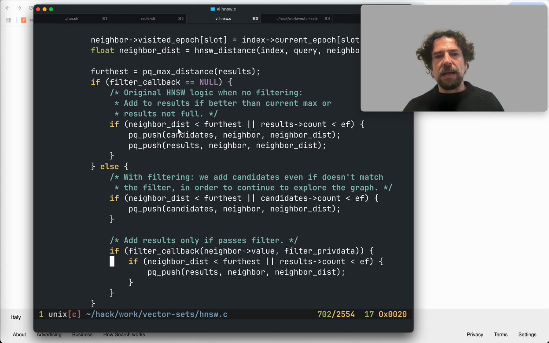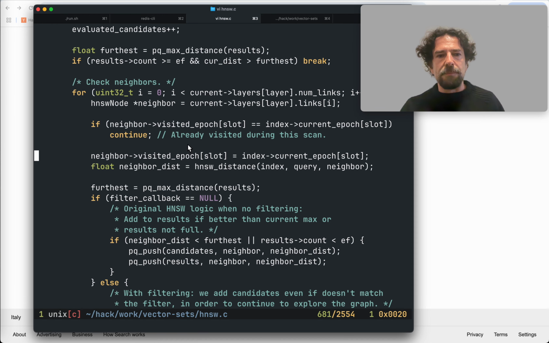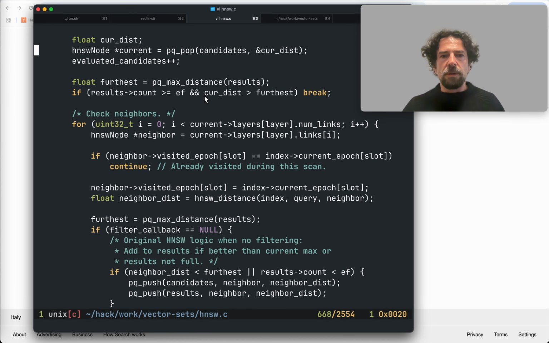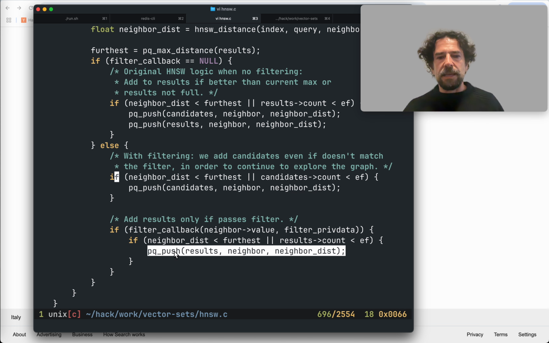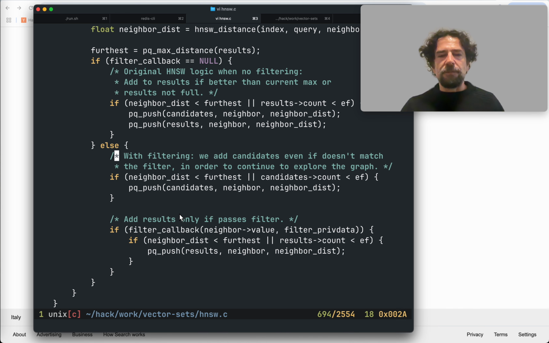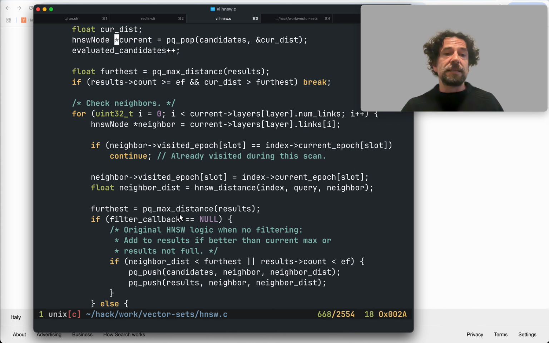So when I find a better neighbor, I put it both in the candidates and in the results. And this means that if the results are still not full, it will not ever happen that this condition is true, because I'm pushing in both sides. However, when the filter is not null, as you can see, the push conditions for the candidates and the results are different. Then I have to make this condition explicit, and this is the reason why